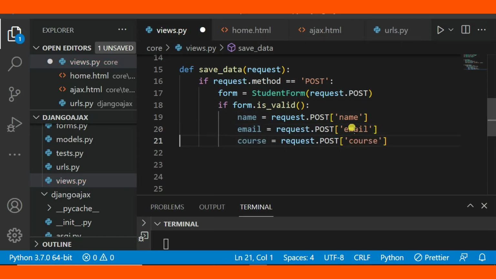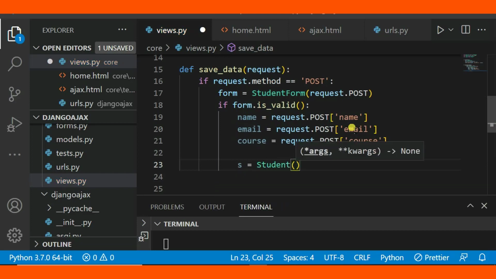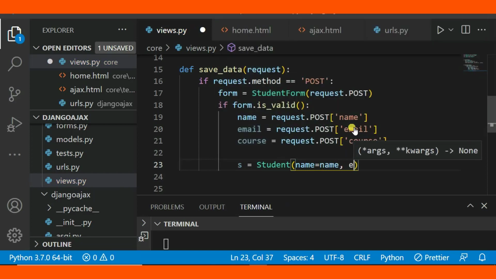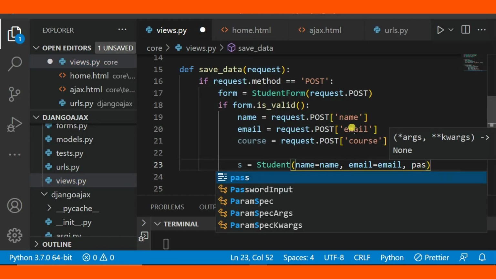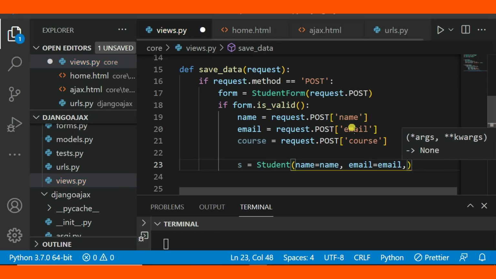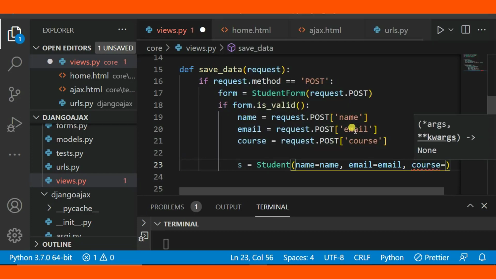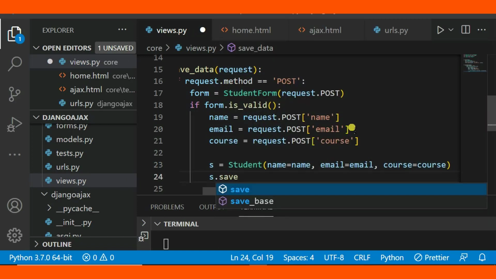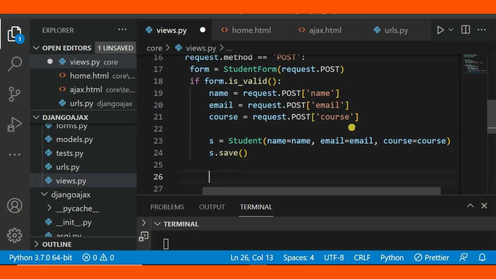So I hope we imported the model Student, and here I'm going to use it. s is equal to Student, which is the model, then brackets, name is equal to name, comma, email is equal to email, comma, and course, student_course is equal to course. All right, then s.save() is the Django method for saving information in a database. Then you return